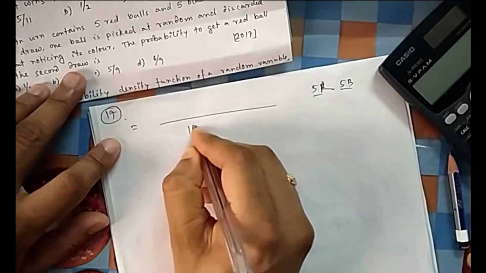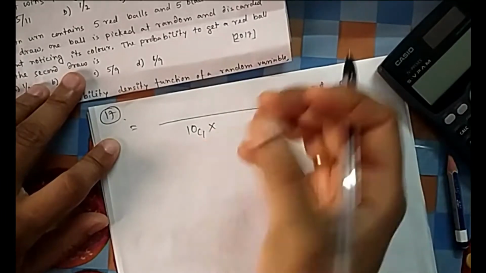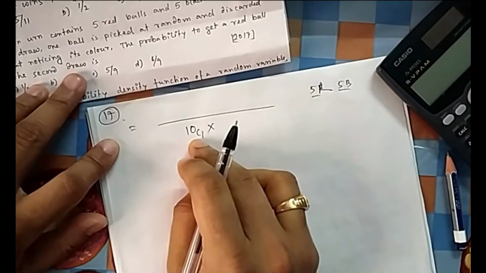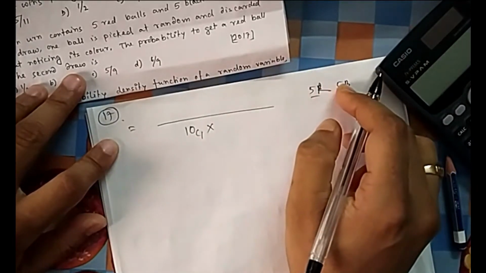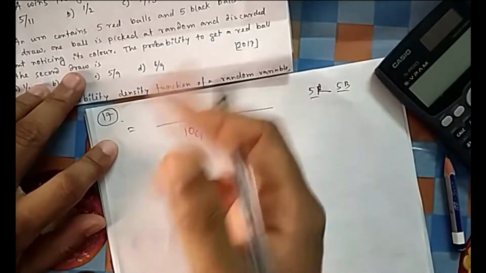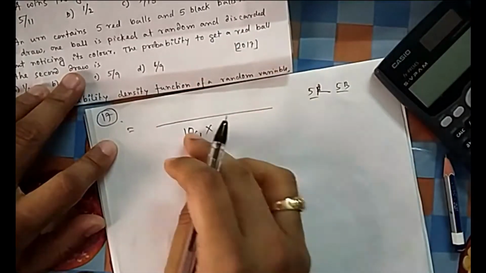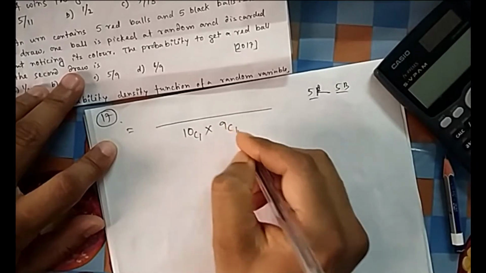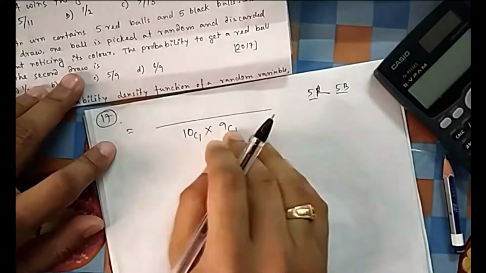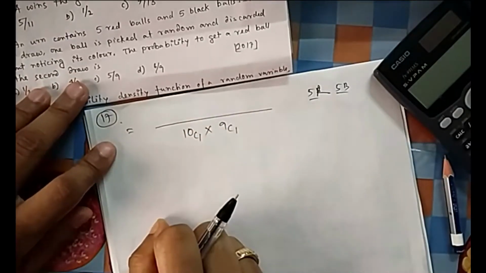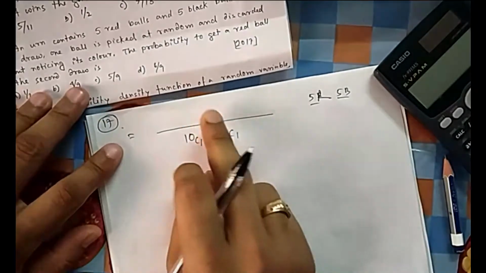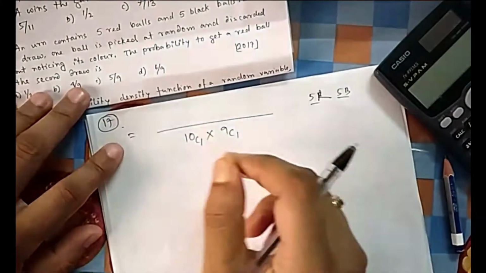So first they will take 10C1. They have drawn one ball, so out of these 10 balls, one ball is selected. Next they will select, because after the first trial they will discard one, meaning they will remove one. Now the number of balls in the box is reduced by one, so now we have 9 balls. So this is the total case. This many ways you can pick that ball, but you need favorable cases. What you need is in the numerator. Total is the denominator, favorable is the numerator.